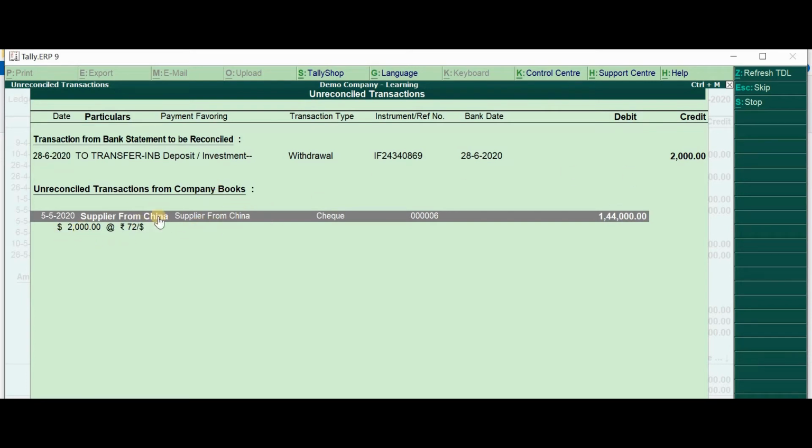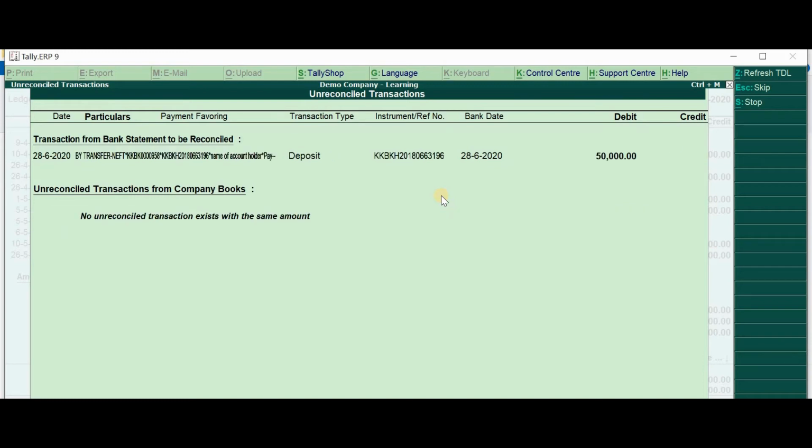Okay, it is $2000, but this is 2000 rupees. So Tally is thinking whether this is the same amount. If it is actually same, then I will press enter to accept, but actually it is not same, so I will press escape. Okay, so I will stop because I'm seeing most of the transactions are not linked.